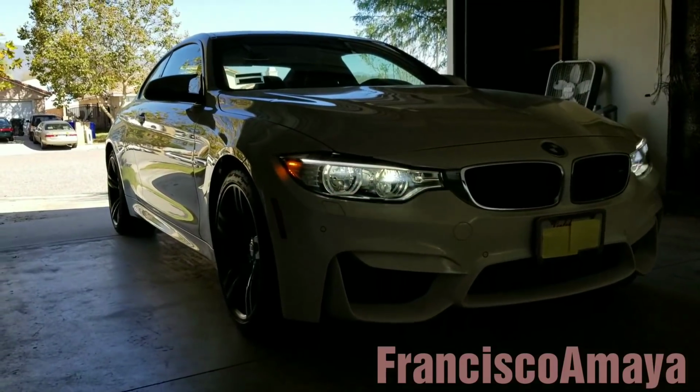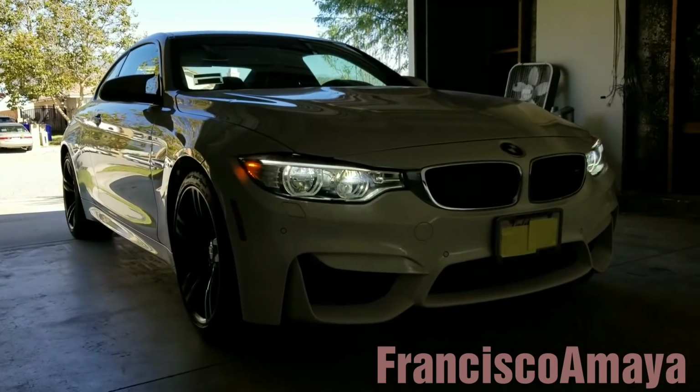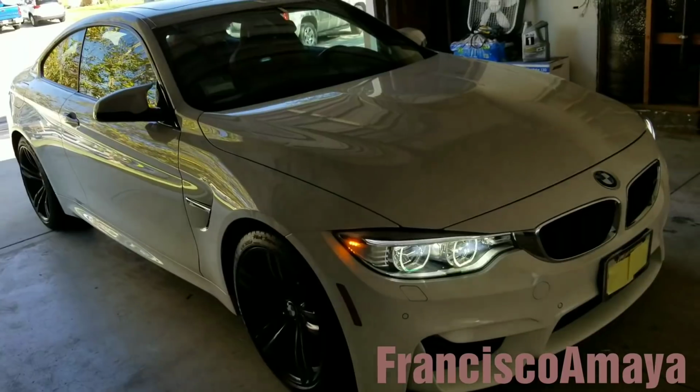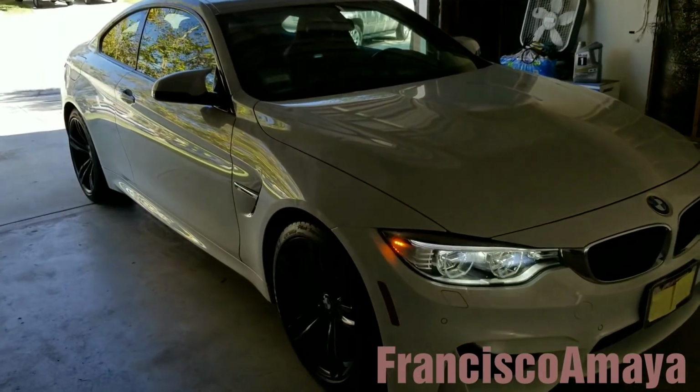This is my new car. This is a 2015 BMW M4. I bought this BMW because I wanted to switch from all the luxury cars to a sports car, because I've been